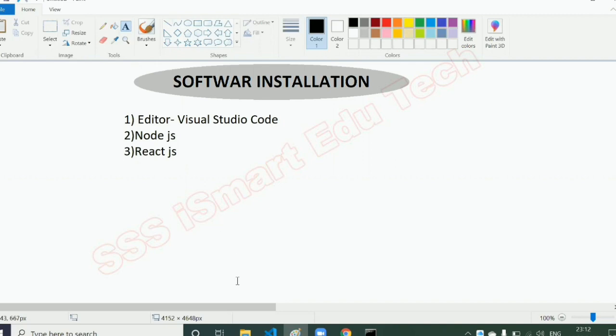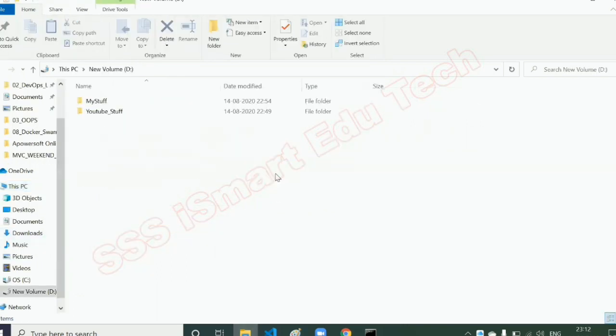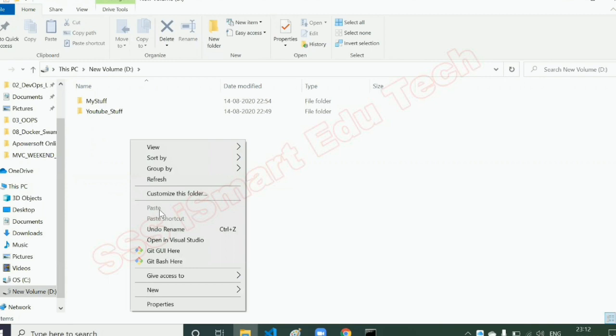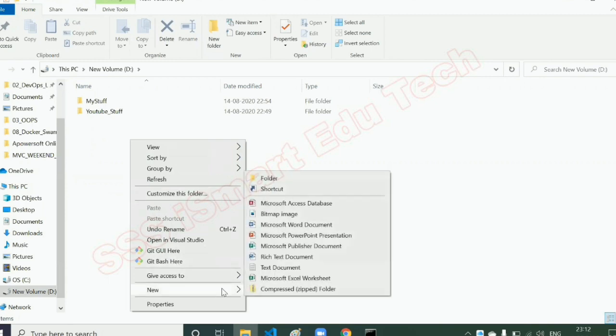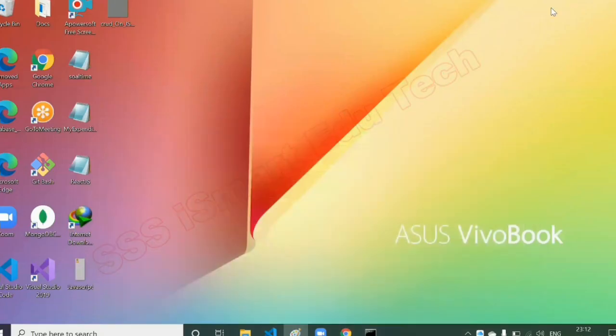Once you have done that, go to any of your drives. I am going to my D drive. Here I am going to create one folder called first app. Done. Then once you have downloaded and installed Visual Studio Code, you are going to get this kind of icon.